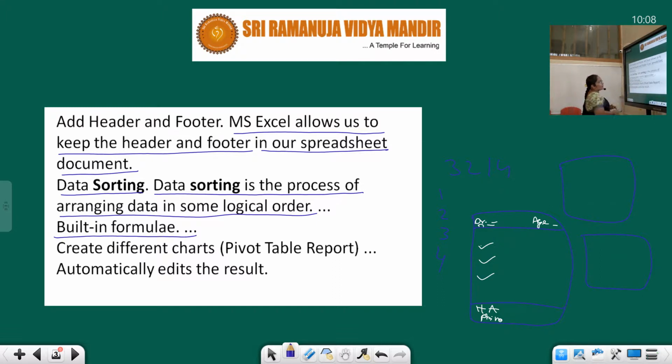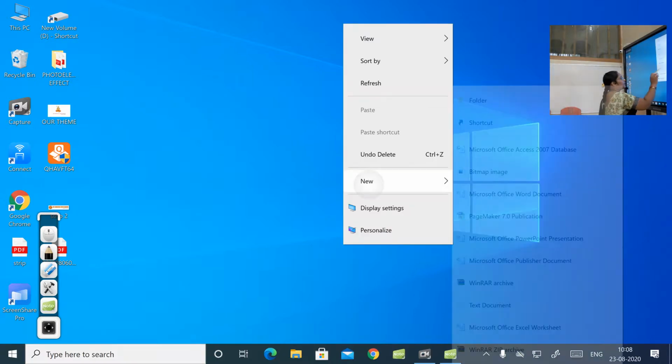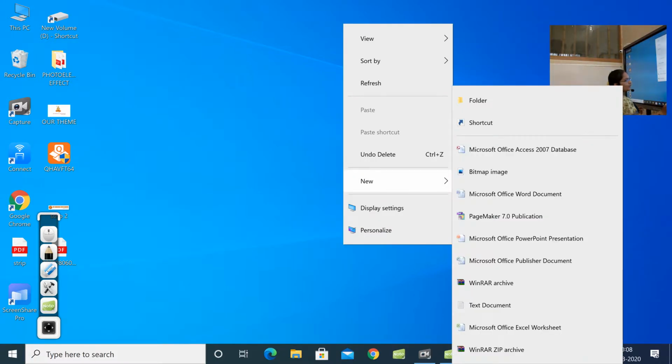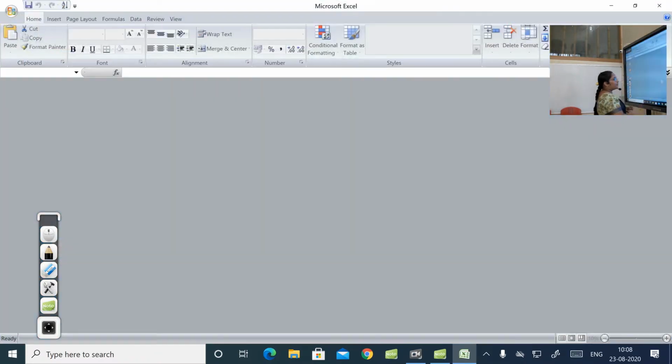So built-in formulas. What are the built-in formulas in Excel? Let me show what are the built-in formulas. Let us open MS Excel. It's a Microsoft Office Excel worksheet.